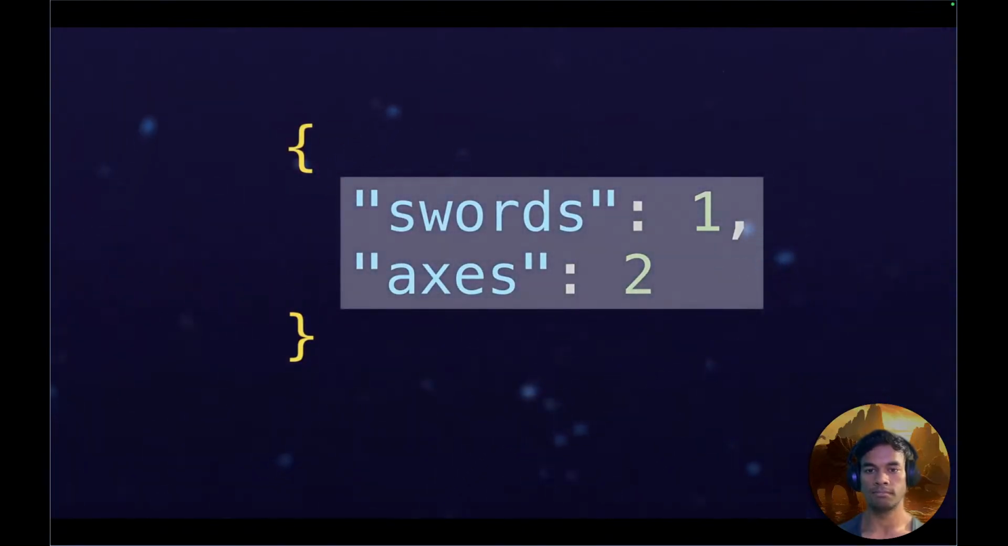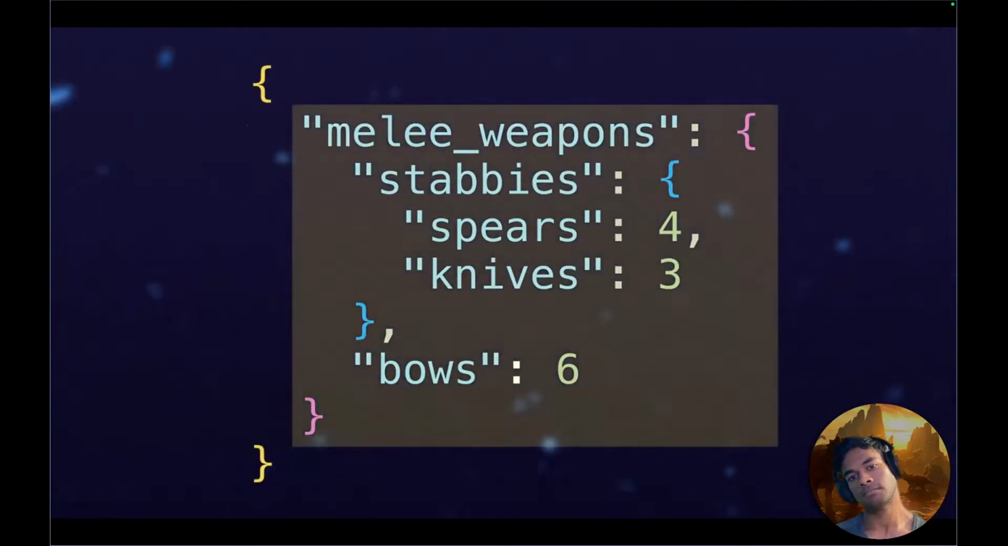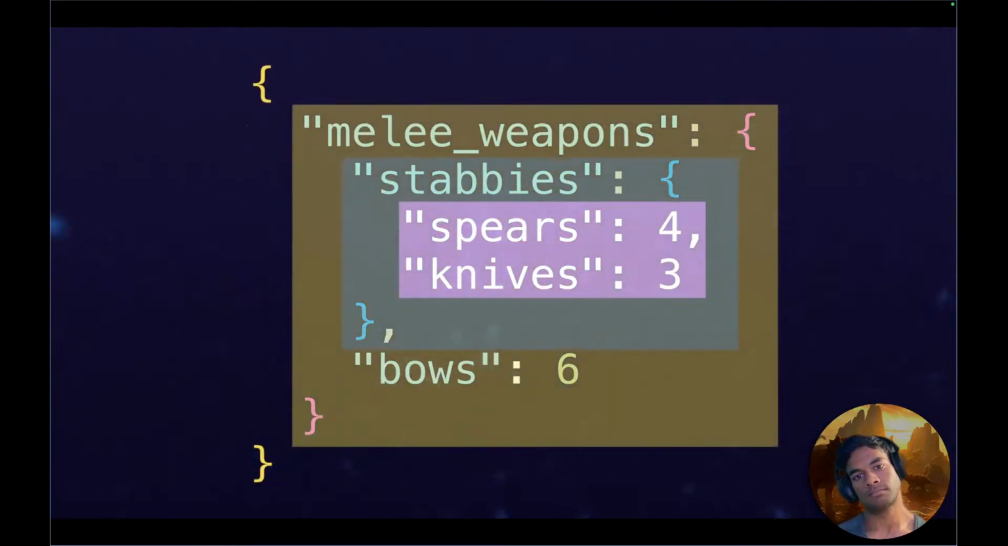Let's say we want to write a function called dictDepth that returns the depth of an arbitrarily nested dictionary. For example, this dictionary only has a depth of 1. It has 2 key value pairs, but there's no nested dictionaries within it. But if you take a look at this dictionary, it has 3 nested levels. Melee weapons corresponds to a second dictionary, which has the key stabbies, which corresponds to another nested dictionary,